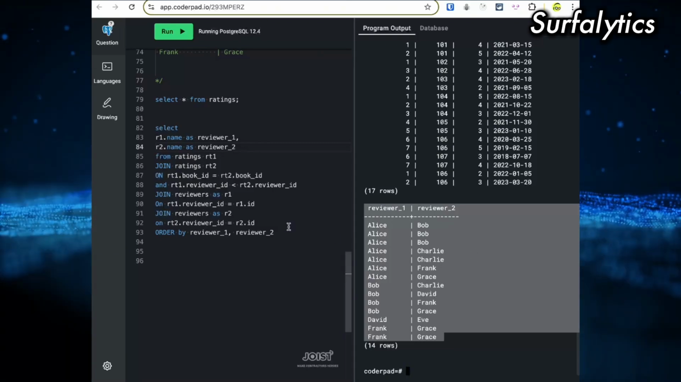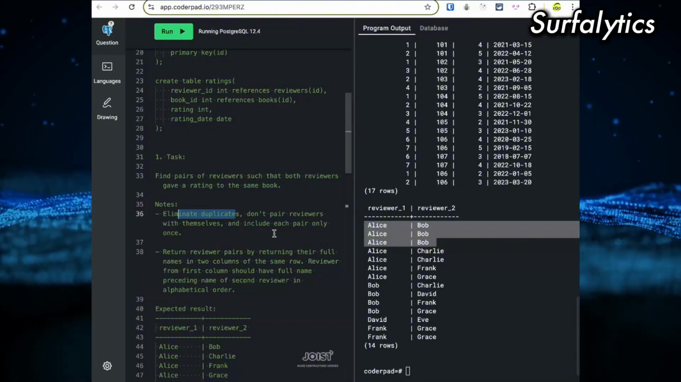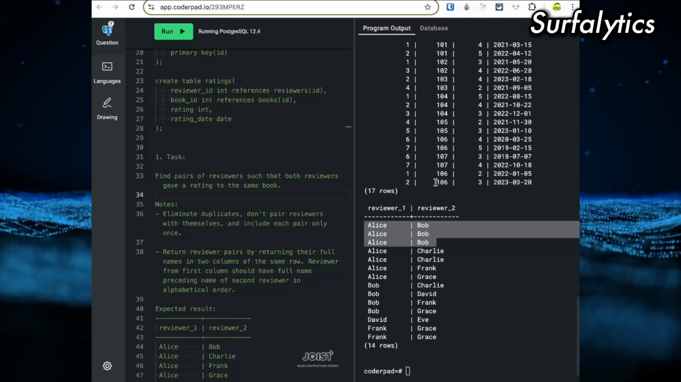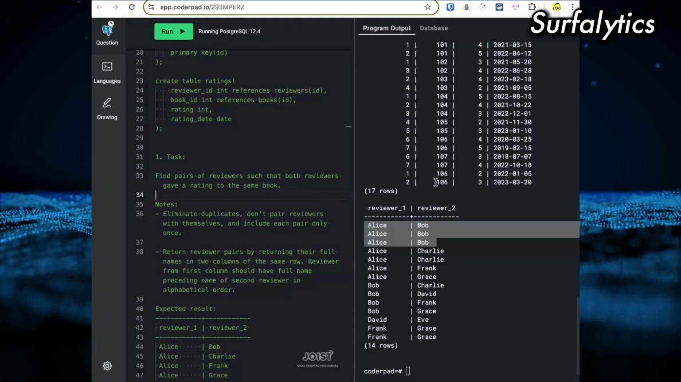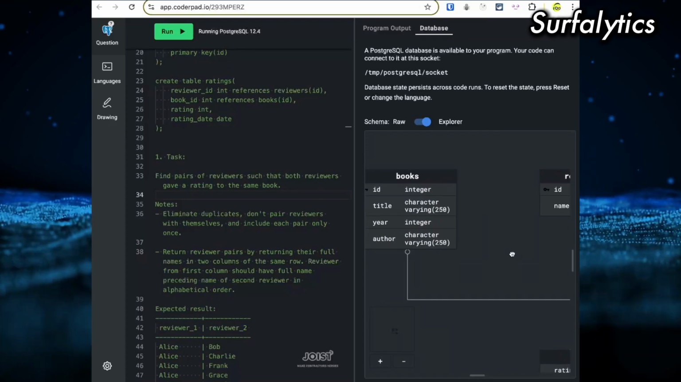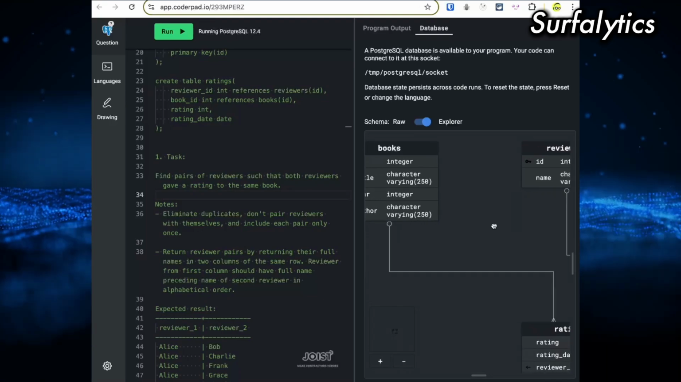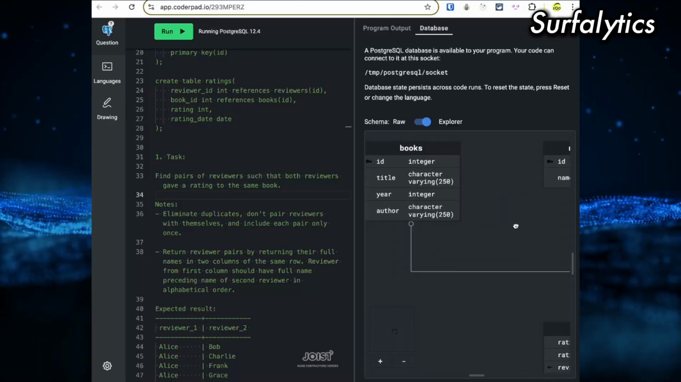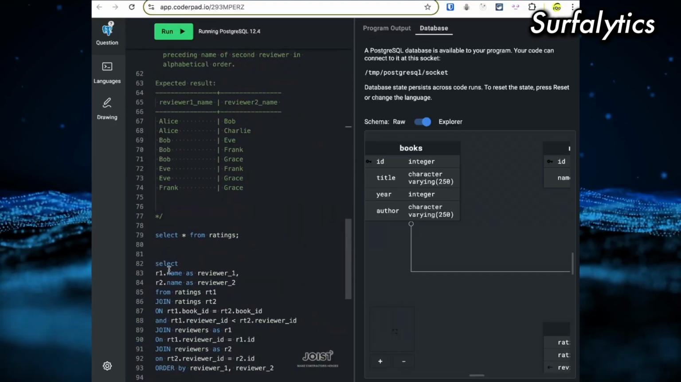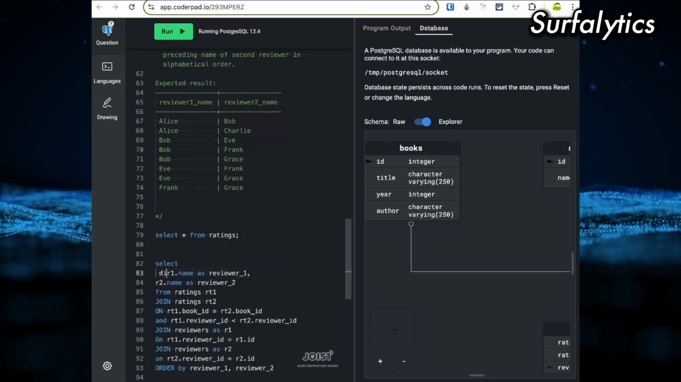Yeah, I think right now it looks better. I remember it's also eliminate duplicates. Don't pair reviews with themselves and include each pair only once. So, but I need to define how can I filter by the same pairs, right? For example, if it's duplicate, I just need to, I think, add distinct here for